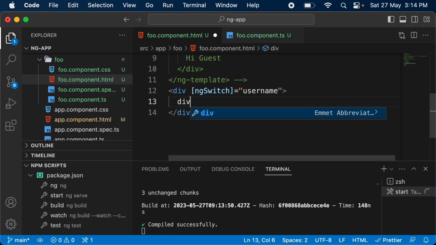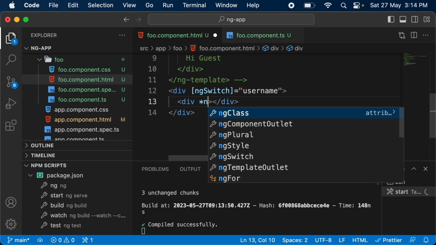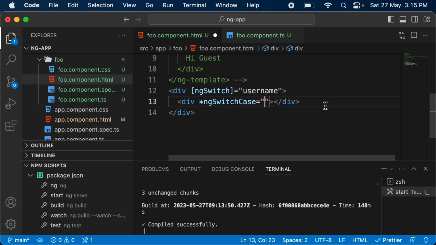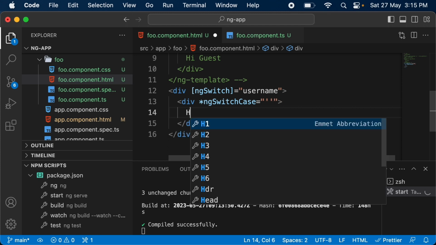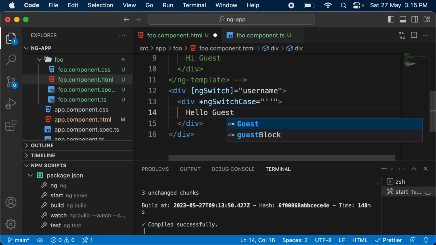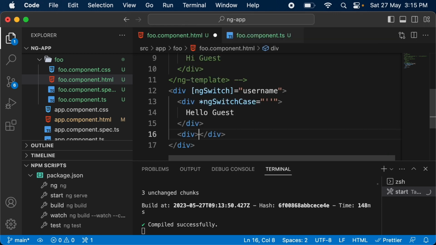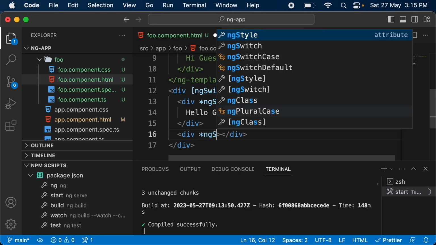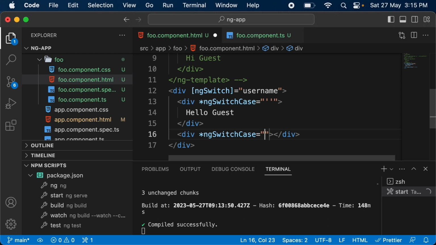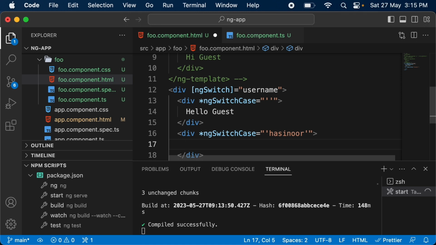To do that, we can write another div, and we can use ngSwitchCase, and we will have to provide a value here. In case it is empty string, then it will render hello guest. We can assign another ngSwitchCase, if the value is Hashinur, we can render